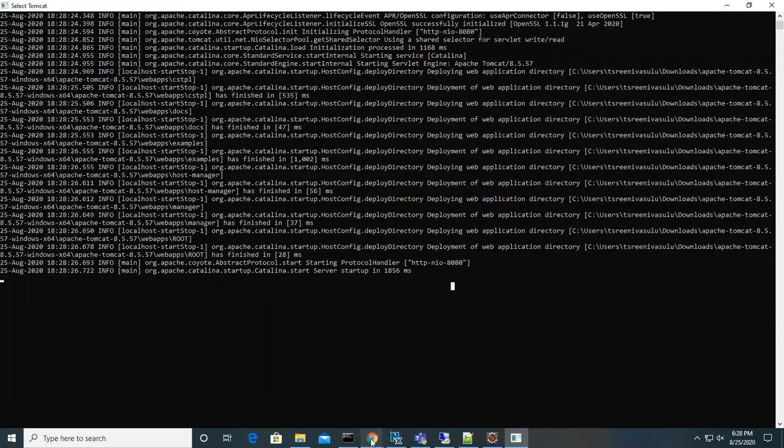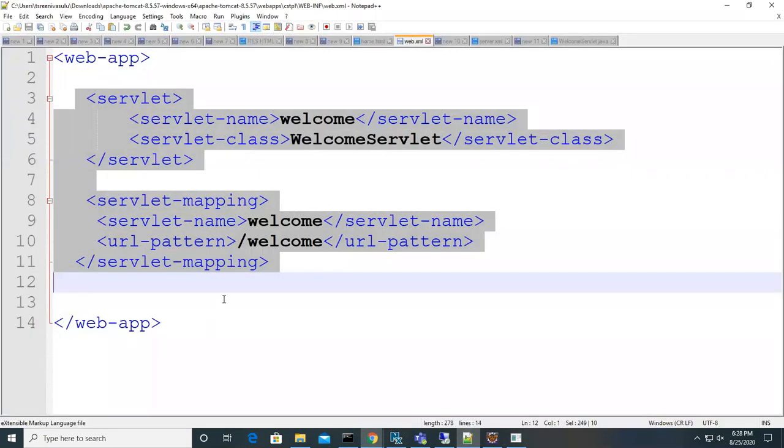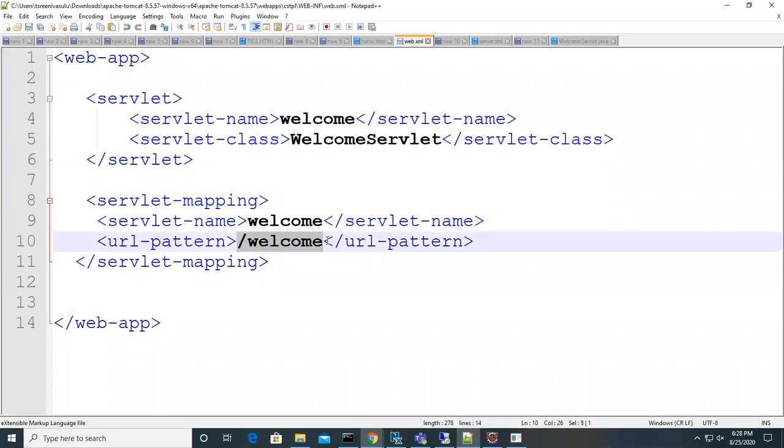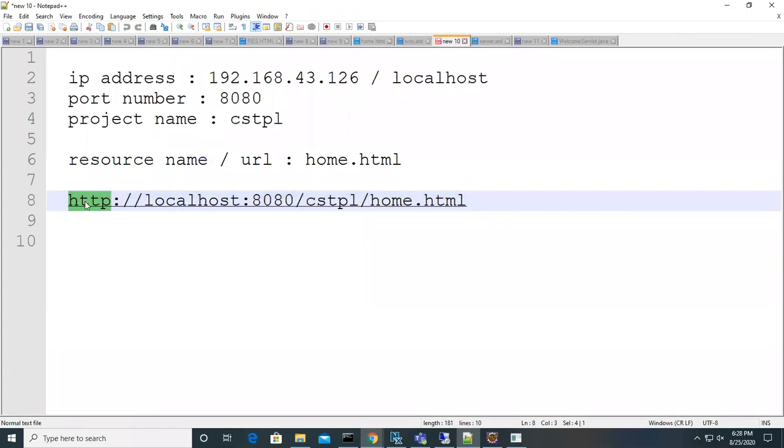Now I want to access that servlet. So what is the URL pattern of the servlet, guys? Slash welcome. Till here it is the same, HTTP protocol based, localhost 8080 slash CSTPL.